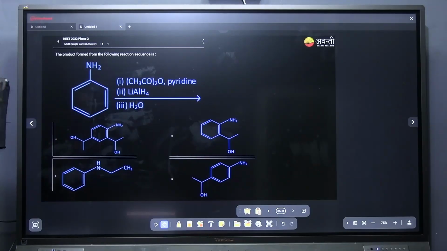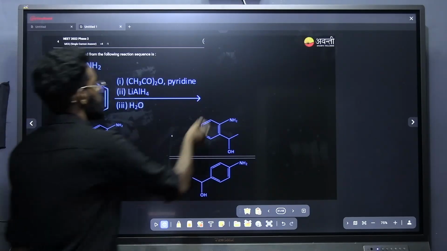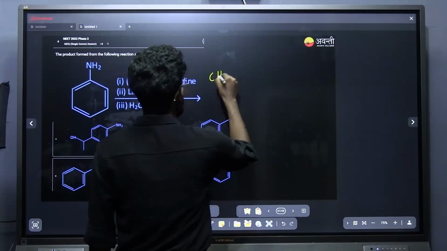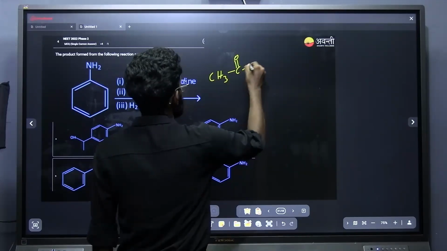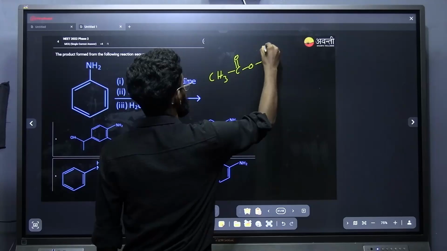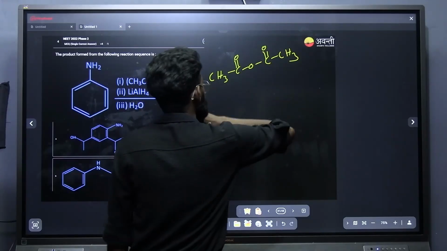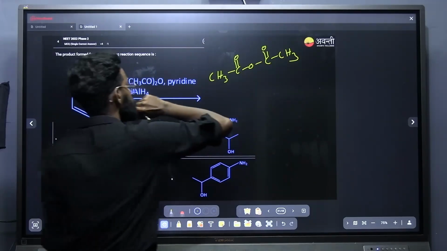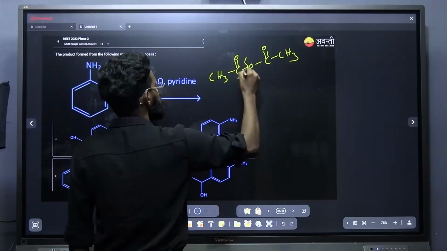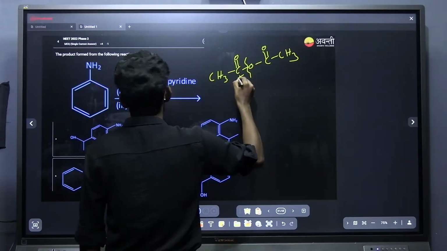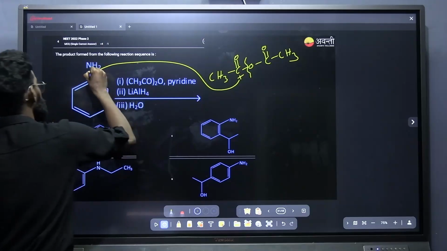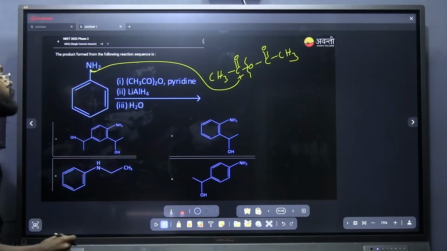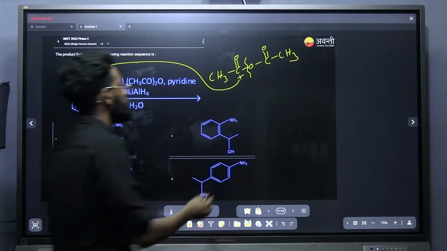Anhydride. From the anhydride, how can we get the product? This is the anhydride, right? CH3, C double bond O, O, C double bond O, CH3. How will this anhydride split? It will split to generate the electrophile, and this electrophile will attack the lone pair of electrons, or the lone pair will attack the electrophile, resulting in the formation of